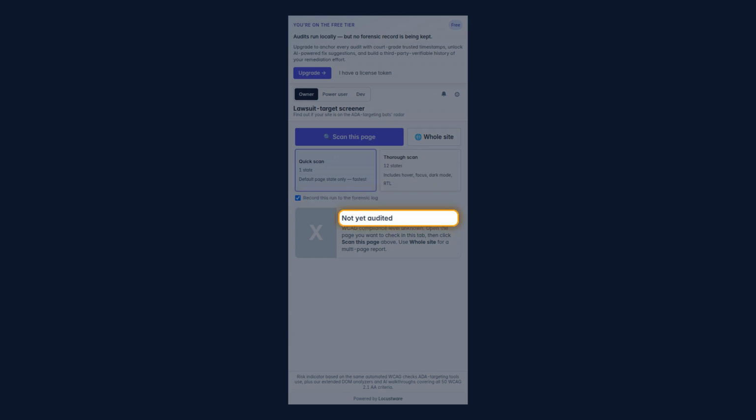Right now, the status reads, "Not yet audited," and that's just the extension being honest with you. It hasn't checked this page yet, so it won't pretend to know a thing about it. Think of it as a blank slate that's waiting for you to run a scan. Once you do, this is where the real verdict shows up, telling you where your page actually stands on WCAG